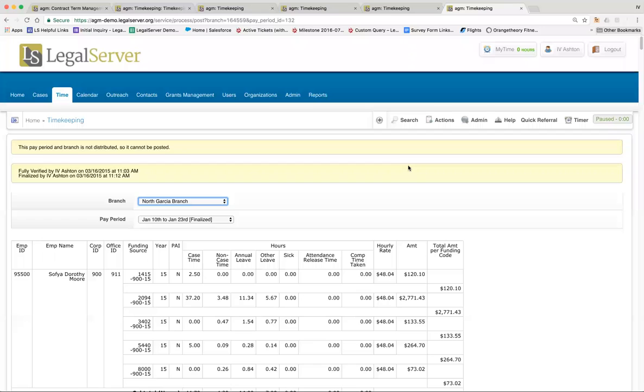And so this allows you to come in and say, okay, we're not changing the time anymore. Once we post it, you're not able to change it. So if you need to change it, there's a,